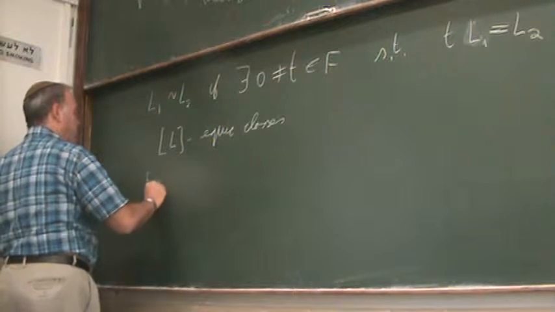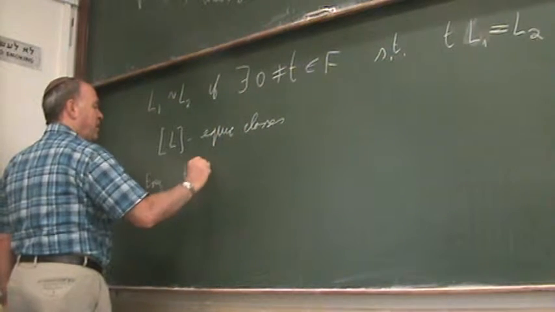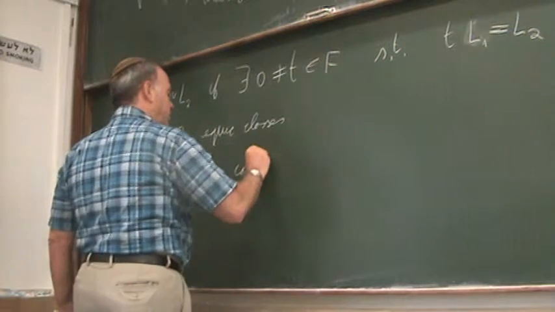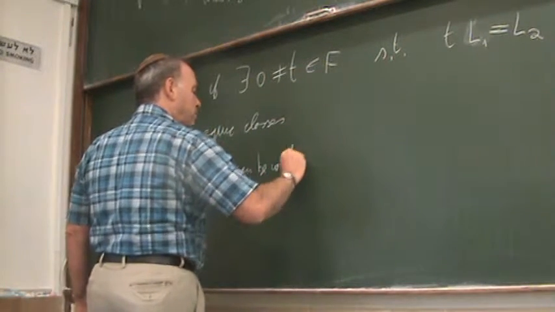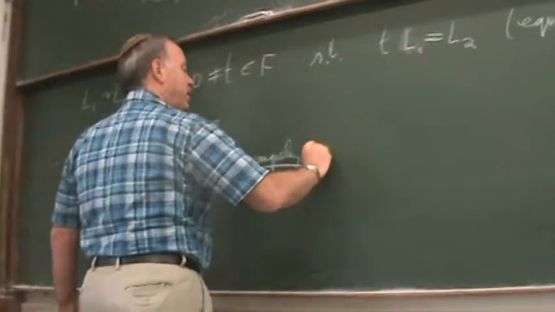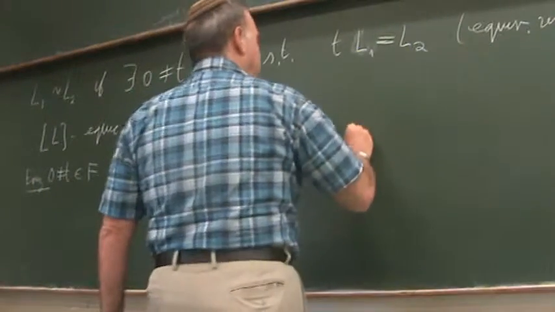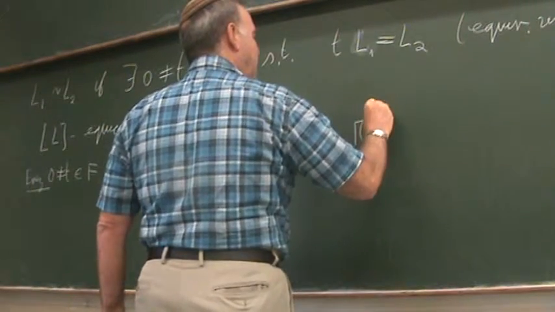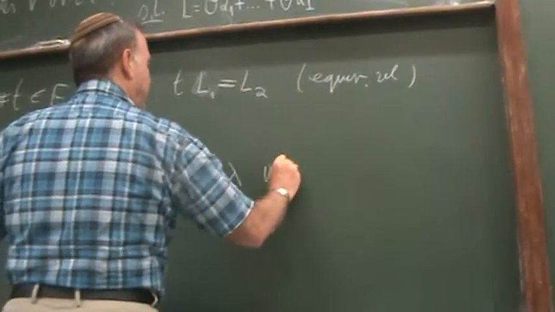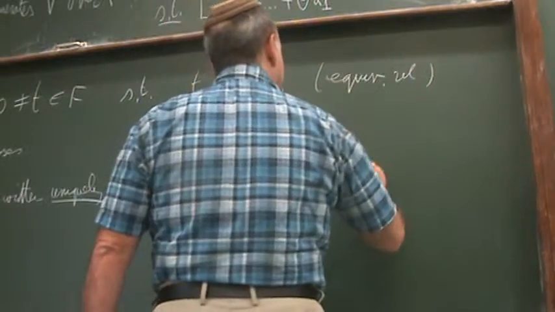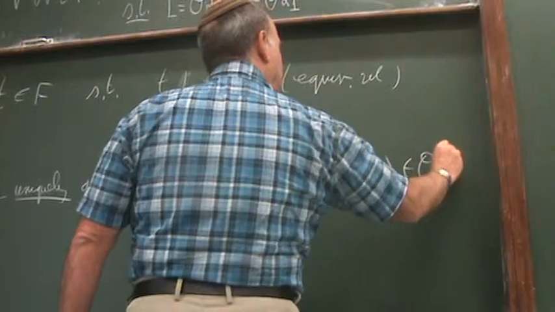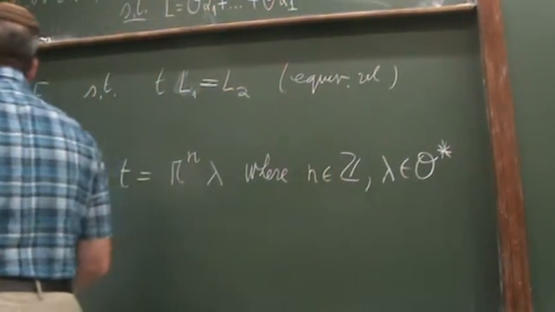Every t in F which is not zero can be written uniquely as t equals pi to the n times lambda, where n is an integer and lambda is in O star. By the way, O star